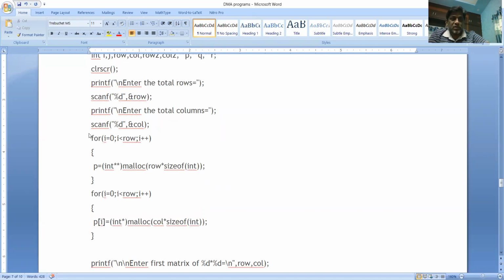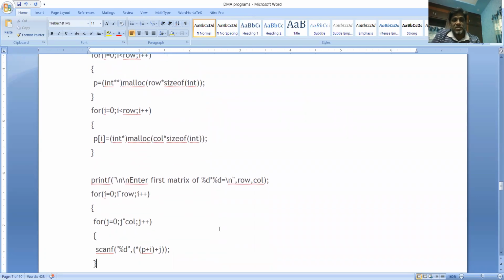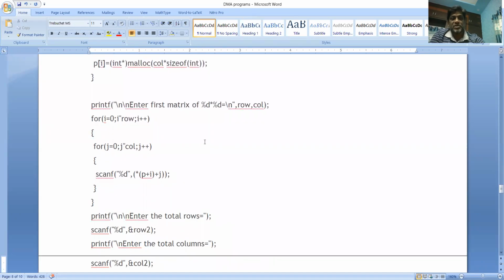So these two for loops will allot memory for your two-dimensional array. First you need to create an array of pointers, and then you need to allot memory for storing the values in each pointer referring to a 1D array. So with this, P is ready for usage. Now you can ask the user to enter the first matrix elements.